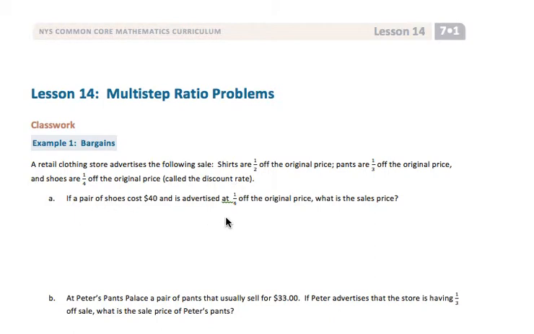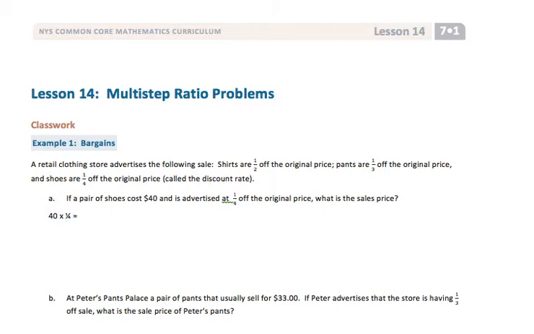If a pair of shoes costs $40 and is advertised at 1/4 off the original price, what is the sale price? There are several different ways that you can attack this problem. The obvious would be to divide by 4. I'm going to multiply by 1/4 just to show that working with fractions, you can multiply to get the smaller number. So if we multiply 40 by 1/4,